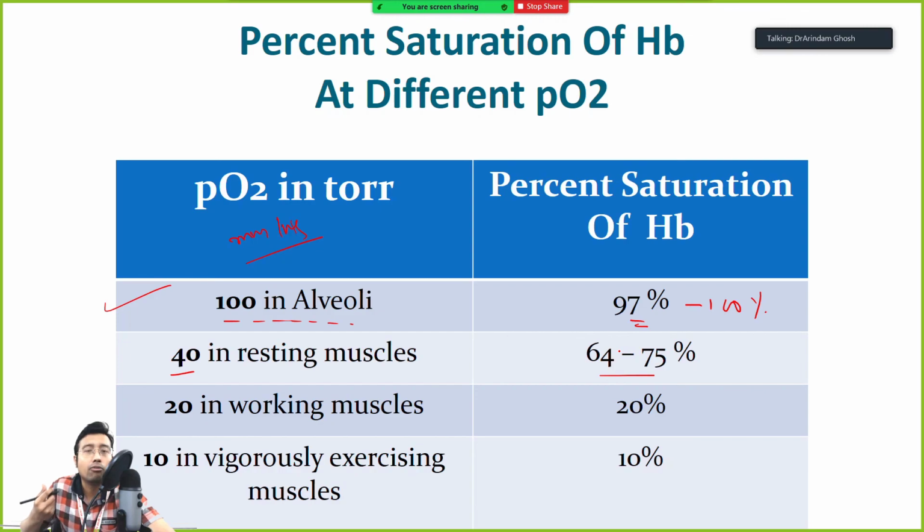When we are working, okay, normal work, it becomes 20. Oxygen is being used up. Okay, so percentage saturation of hemoglobin is 20%. And vigorous exercise, when you are trying for that last repetition, when you really cannot go on anymore, that is what happens. That is the last